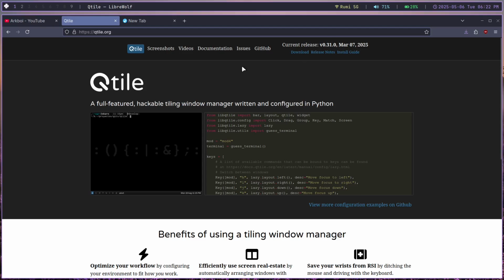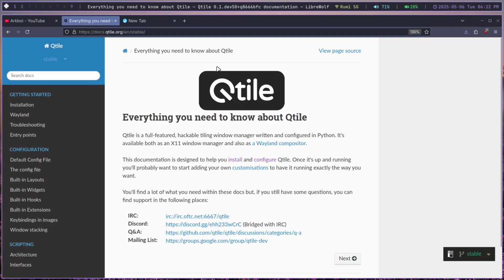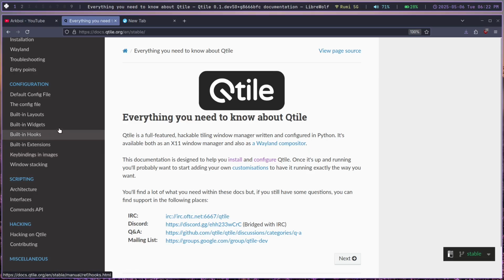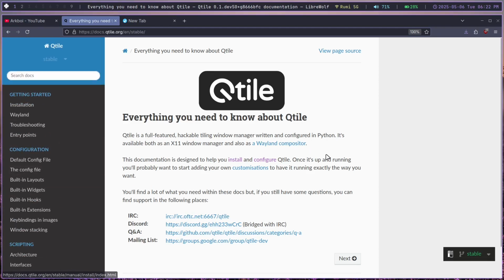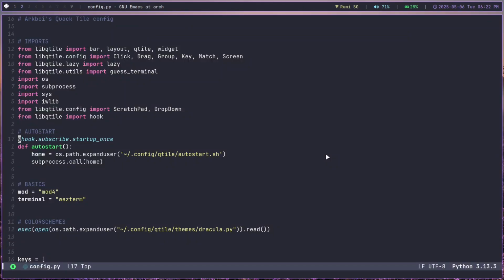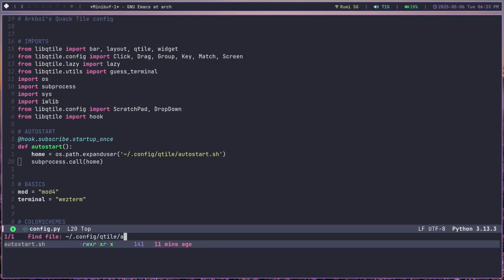That's also another reason I switched to Qtile, because Qtile has one of the best documentations I have ever seen in a window manager. It's so awesome. It just does a deep dive into literally everything in the configuration file and how to use Qtile, the default key bindings. Everything is here in the documentation. And so in the documentation they said that you can just add this,